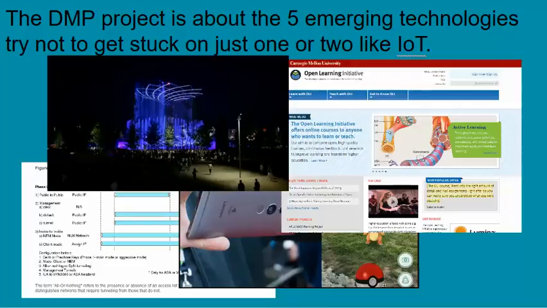The one thing I noticed on looking at my stuff and a lot of the other folks, you have a tendency to grab one of the technologies, and I noticed like the Internet of Things. It's a very easy thing to get excited about, to show, because it touches your hands. So of the 5 technologies, I think a person doing one of these types of blogs or Twitter sites needs to be careful not to get stuck on 1 or 2. And I have the little example there of the Internet of Things, because everybody likes a cool phone. I don't say everybody, but you have to make sure you don't leave other things.